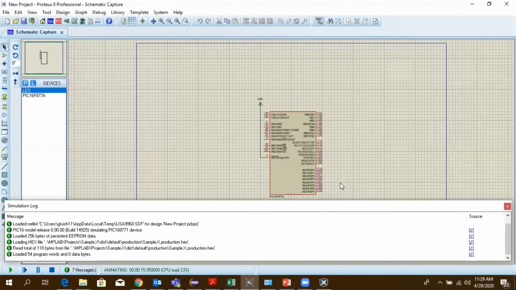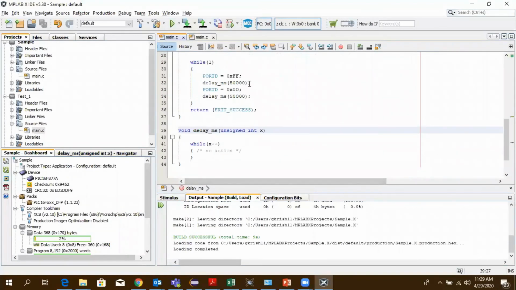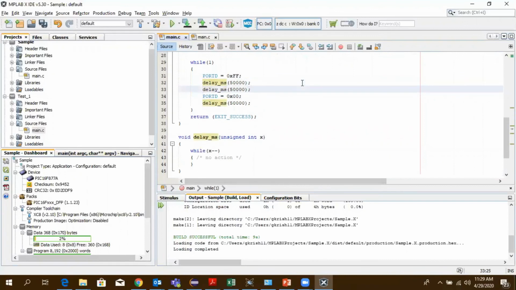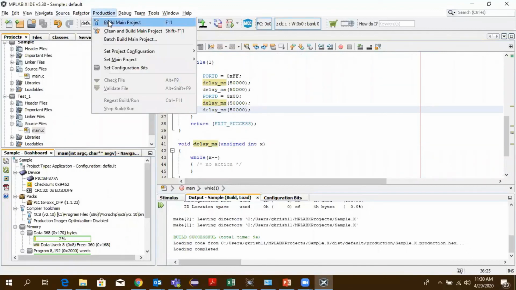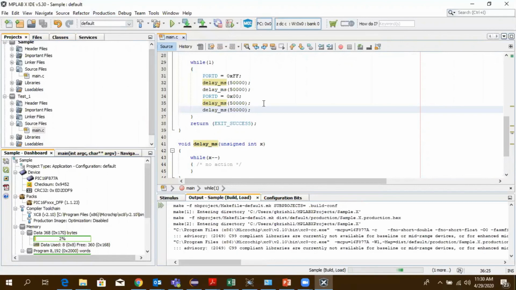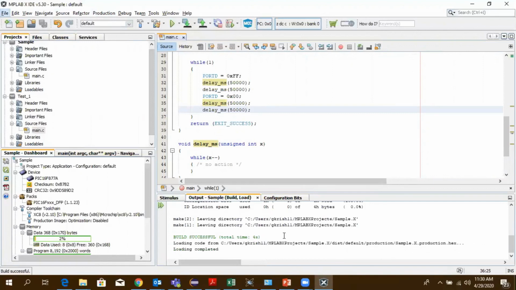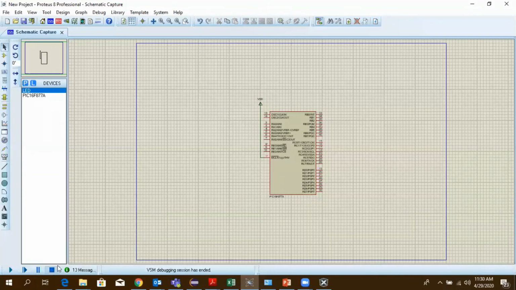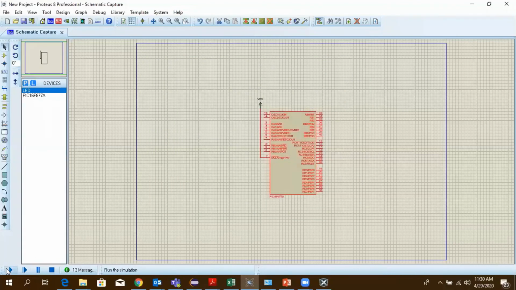So what we will do is try to increase the delay a little bit further. I just copy and paste the same thing. Once you modify the code, you need to build it again. The code is built. Okay, so we will stop it, then run.